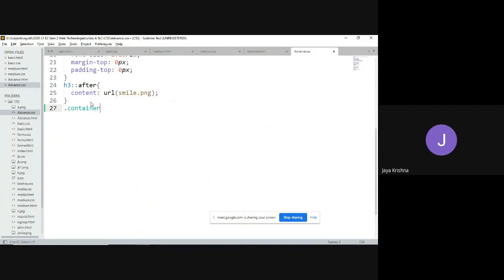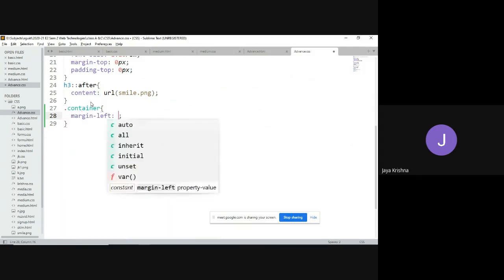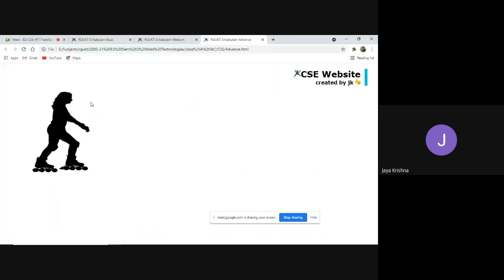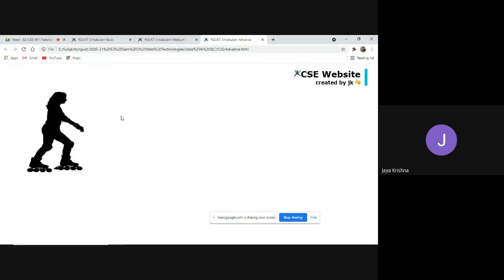If you would like, you can set them, otherwise no problem. I'm going to define from the left side, margin-left. Observe, I'll move somewhat left, towards 20 pixels. Else I will go for margin-left 0 pixels.